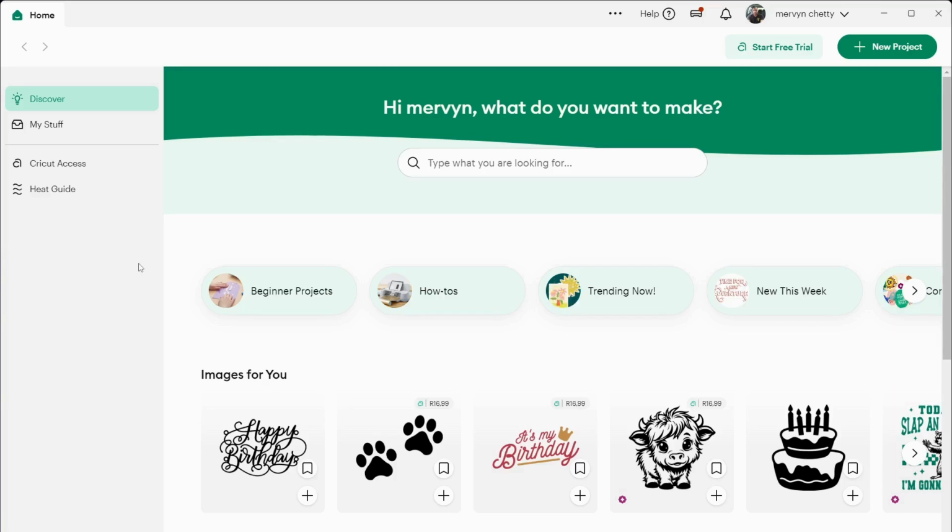I actually started with this machine 4 years ago and I still have it. 4 years ago, I paid 3,000 Rand for this machine, which was an absolute bargain. And it's still doing my cutting up till today. So if you'd like to get into printing on t-shirts, fabric, cricut is the ideal thing for you to start